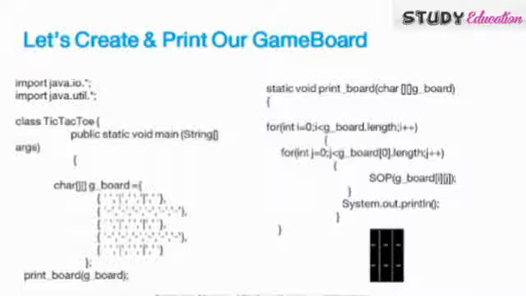Now, the first step is that we are going to create this board. We are going to create and print this board. The idea behind this is that we are going to use a 2D array, naming it a gaming board or a G board. So then we place the space character, then a horizontal line, then a space character, then a horizontal line, then a space character, so that each element is separated from the other.